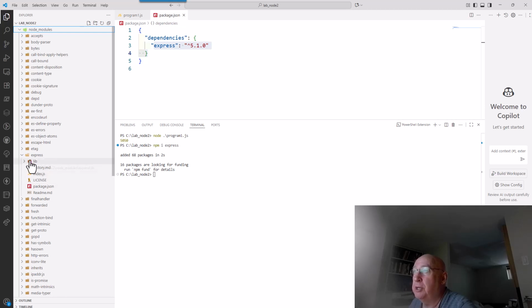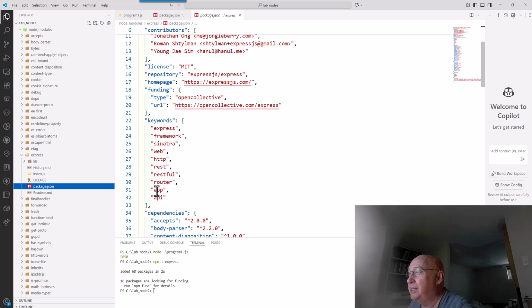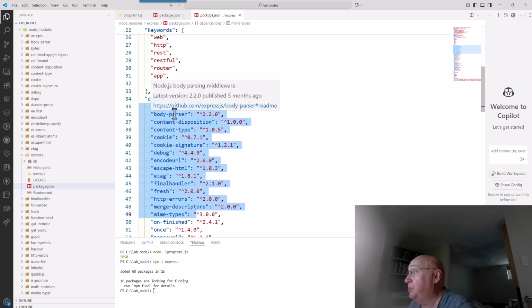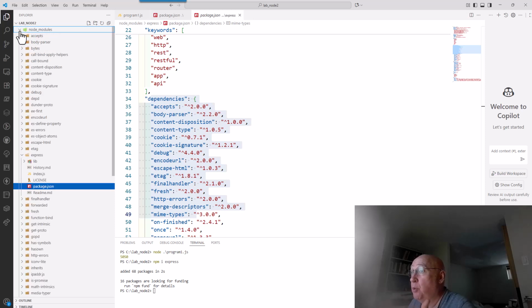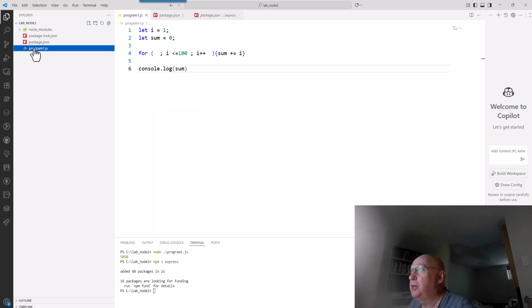So anyway, that's our Express package, which is going to be our server. And there's our package.json for Express, because every Node project, including yours, is going to need a package.json. And here you see the dependencies for your Express. So all of those got sucked in, and each one of these has its own package.json with its own dependencies, which is why installing that one package, that one Express, gave you so many directories, so many packages here in your node directory. All right, let's see if we can just finish this up by making a quick